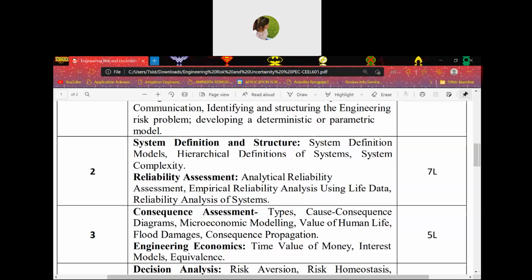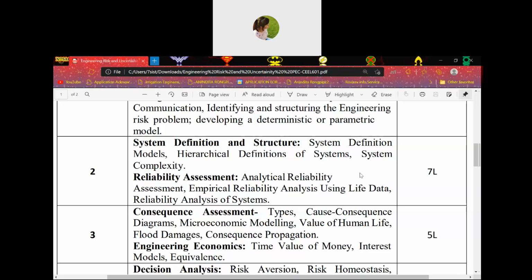The first one is consequence assessment. Under consequence assessment, we'll study the different types of consequence. Consequence means results, so how you get the result type of assessment. Then cause-consequence diagrams and microeconomic modeling. Then value of human life, then flood damages and consequence propagation. So under assessment of consequence, we'll study types, cause-consequence diagrams, microeconomic modeling, value of human life, flood damages, and